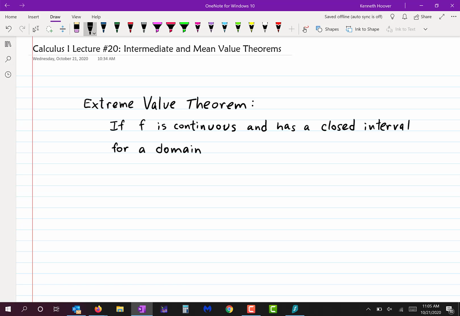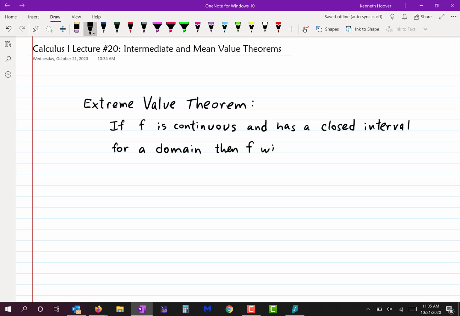This might be something like a polynomial where the domain would be all real numbers, but where you're told to only look, say, from 1 to 5. So if you have a closed interval and you have a function that is continuous on that closed interval, then